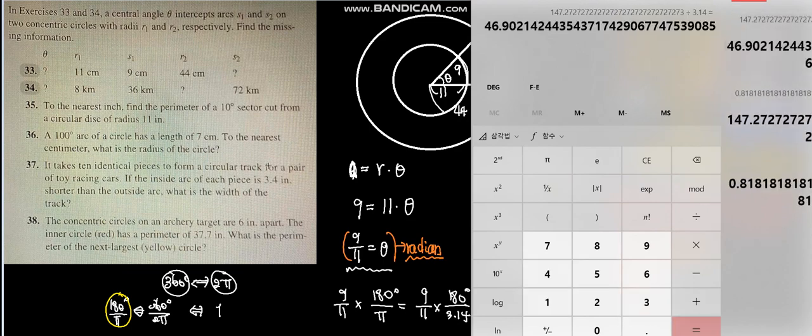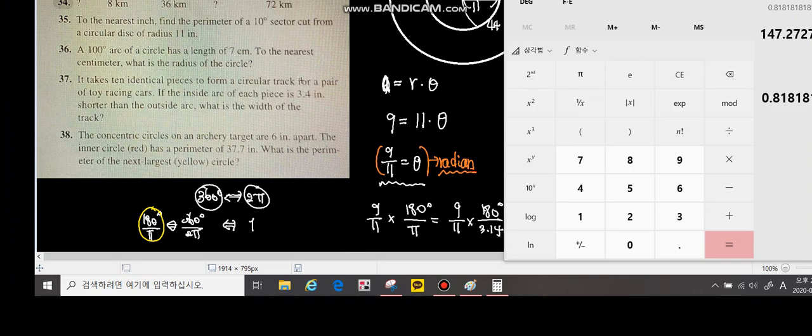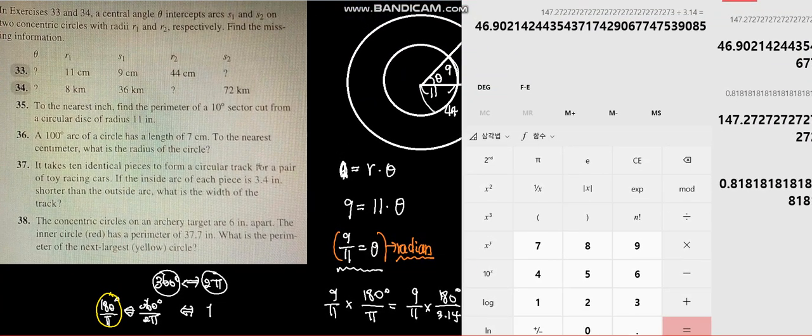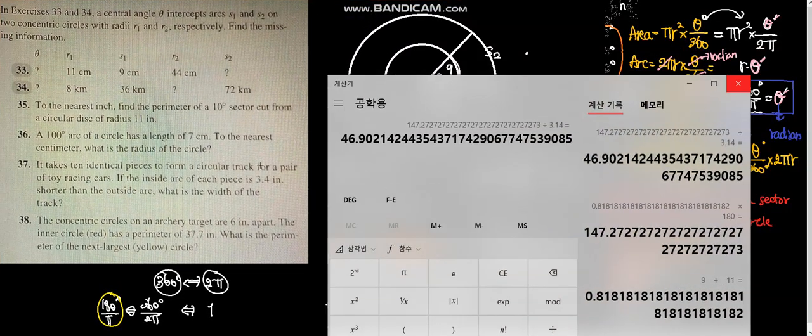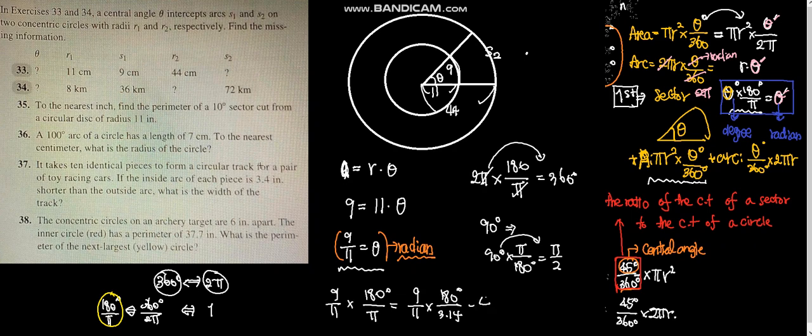Then you'll get 46.9 degrees. So in degrees, this is 46.9 degrees. So what this means is, if you want to like